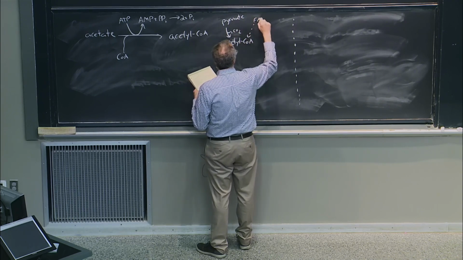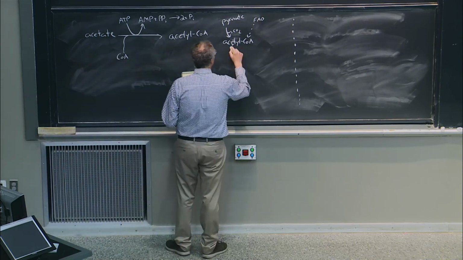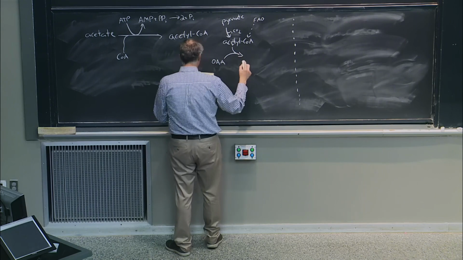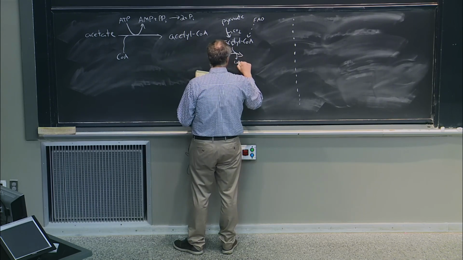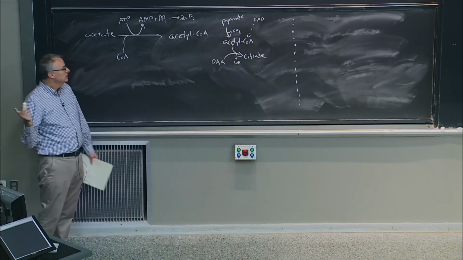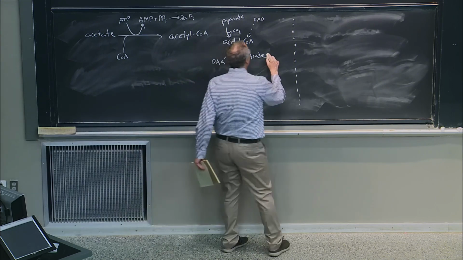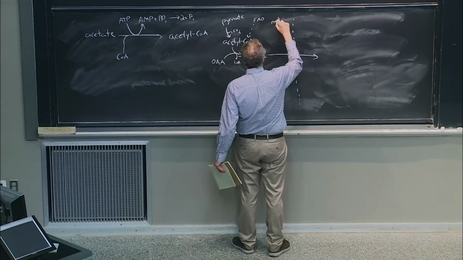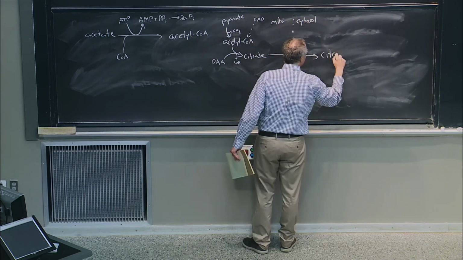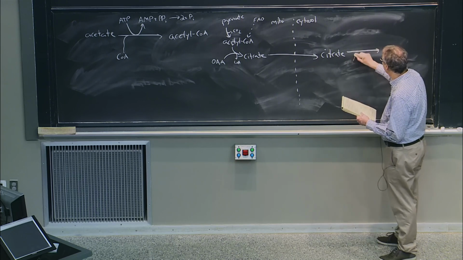It can come from fatty acid oxidation, this acetyl-CoA in the mitochondria. Well, what do we talk about doing with it in the TCA cycle? We can use citrate synthase to generate this citrate molecule. And it turns out citrate itself can be used as a carrier to export the acetyl-CoA from the mitochondria to the cytosol, such that now when you have citrate in the cytosol, that citrate can now be